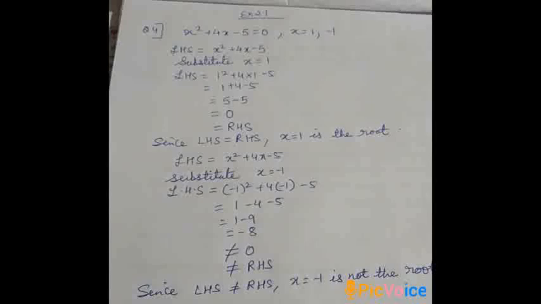Then you have question number 5 to find the value of k when they have given you the equation and they have given you one root. The equation given is kx square minus 10x plus 3 equal to 0, and they are saying that 3 is one of the root. That means if you put x is equal to 3 in this equation, it is going to hold true. So wherever x, put 3 and solve and get the value of k. Similarly, solve the sixth sum.